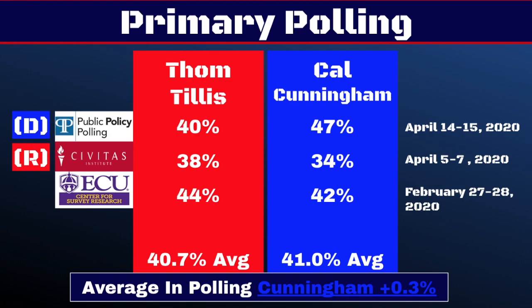So the polling data that we have so far in the race, the 3 polls I chose were a Public Policy poll, which is the most recent one, has Cal Cunningham leading 47% to Thom Tillis' 40%. Now, I'm going back to using the system of the D and the R next to the polling data names because Public Policy did admit they polled more Democrats in this poll, and this was a Democratic-leaning or Democratic-skewed poll. So that is something to keep an eye on. If it has a D or R next to the name, it doesn't mean the poll is 100% accurate, but it doesn't mean the poll is 100% false either. So it's just something to keep in mind that it is skewed to one party.